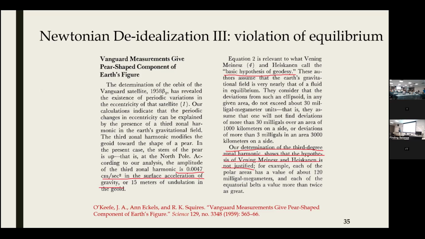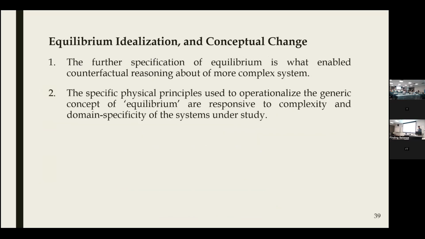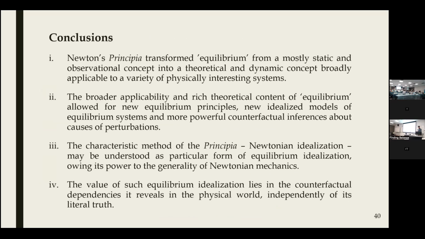Excellent. May I ask a question about the conceptual change of the notion of equilibrium? I think it would be interesting to talk about different variants of equilibrium, because according to the perturbation that's attached to the equilibrium, you might have an unstable equilibrium, which means once perturbed, even a very small perturbation could send it all the way away from the equilibrium state. Or you have a stable equilibrium in the sense that you have a range of perturbations under which, even if it's perturbed away from the equilibrium state, it will go back to the equilibrium state,